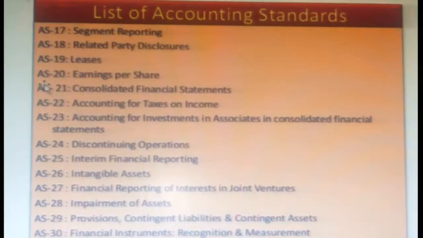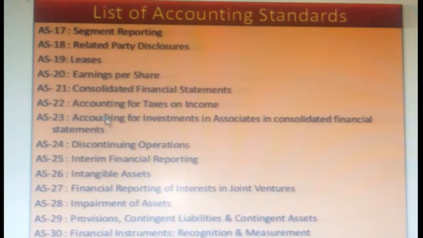Then AS20, earnings per share. So any company will calculate their shares, how the earnings per share. So that will be discussed in the second year, 12+2, in accounting ratios, one of the nice chapters, AS20, earnings per share. Then AS21, consolidated financial statement. How you are going to consolidate, how you are going to present the financial statement, like a trading account, profit and loss account, balance sheet. In future you will learn the meaning of this financial statement. That will be discussed here, AS21.